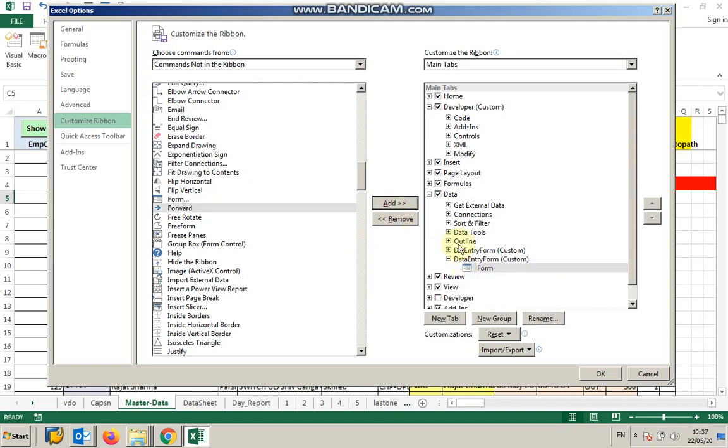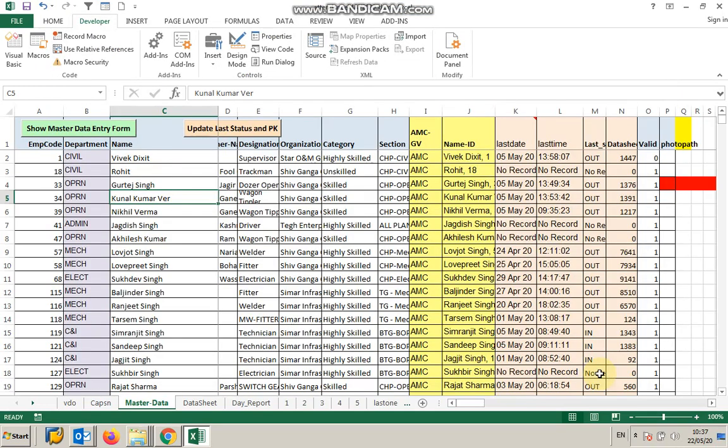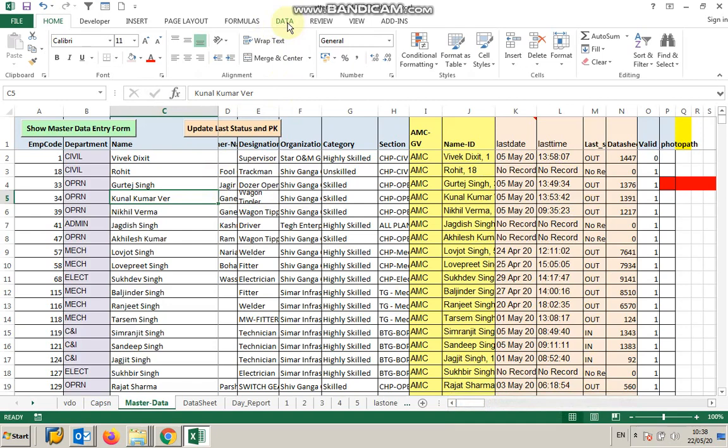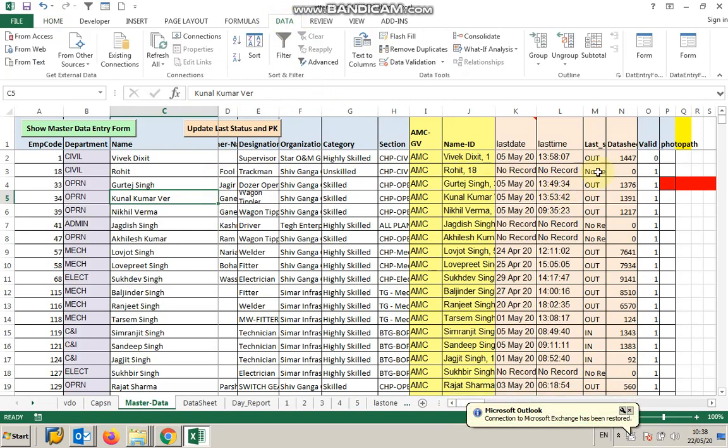So under this Data tab, Data Entry Form customized, under that the Form is there. If it is Excel 2007, then it can be added directly, no need to customize the tab. Now let me press OK, and you see in the Data tab, not in Home, the Form is there. Just click this.